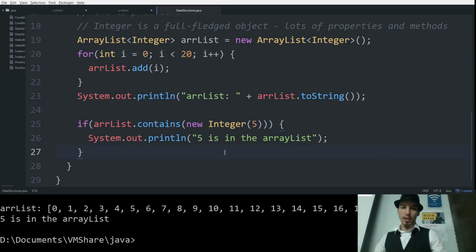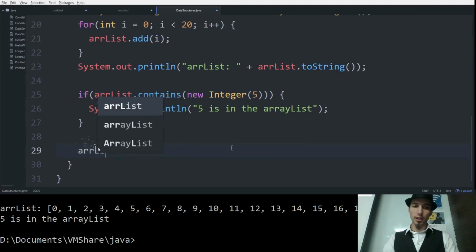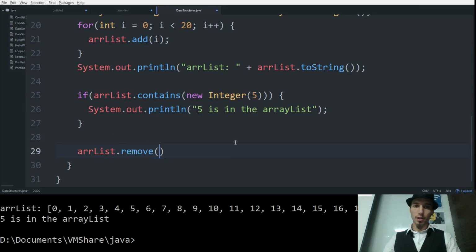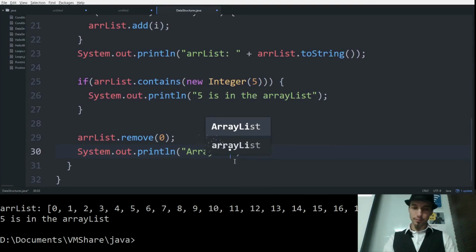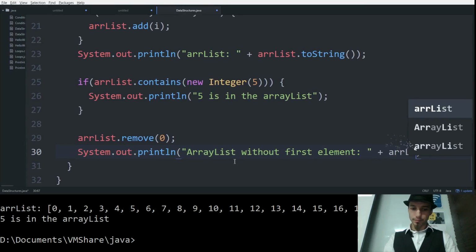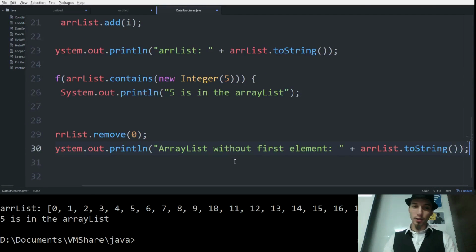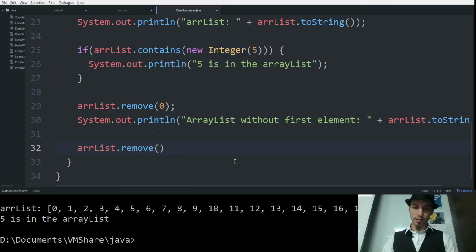So you can do something like, let's say we want to remove the number 5. We can do something simple like rlist.remove. Actually, let's say we want to remove the first element. Also, if I'm going too slow, let me know, guys. And we can additionally do